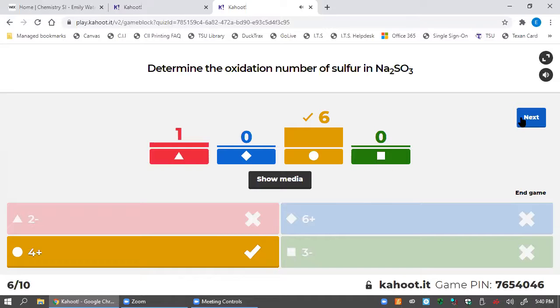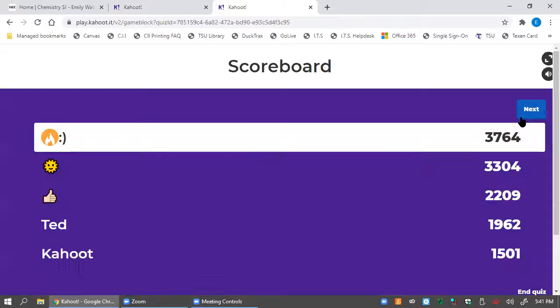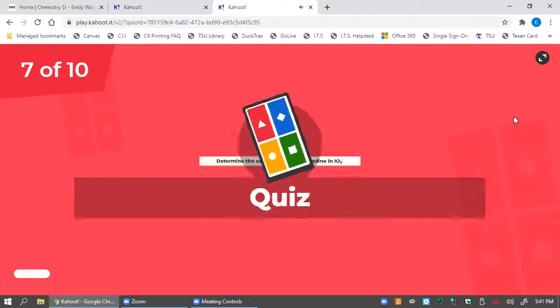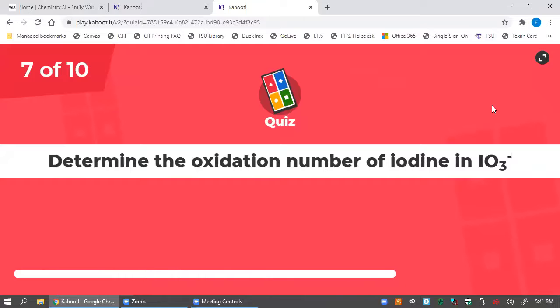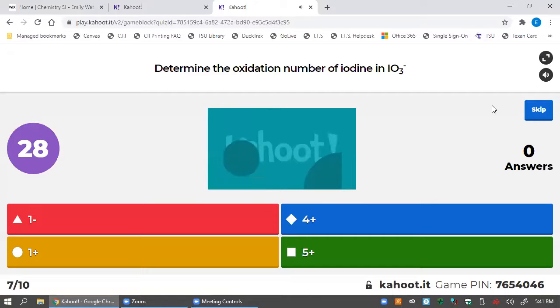Sodium's a positive one, but there's two. So when do we divide? 'Cause I got confused on that. So you're going to divide only when there's a subscript for that element. Little number. Like the 3 on the